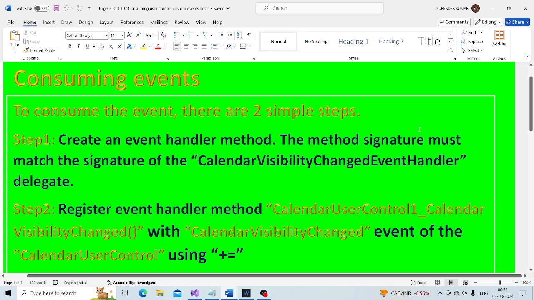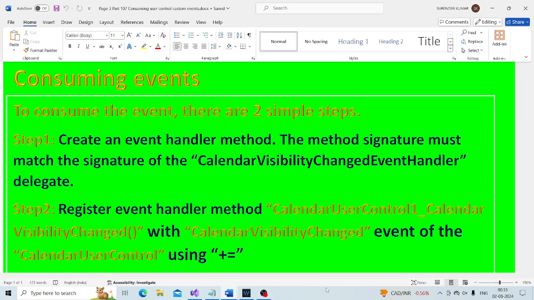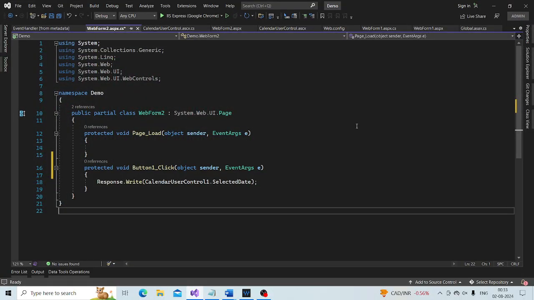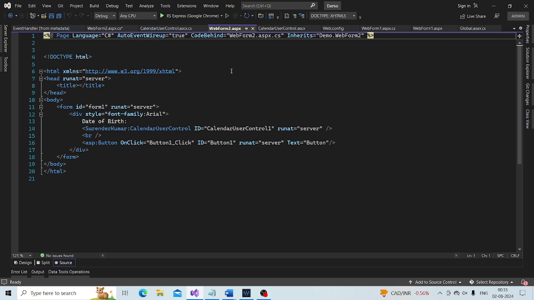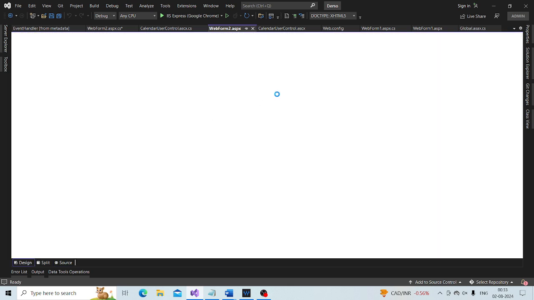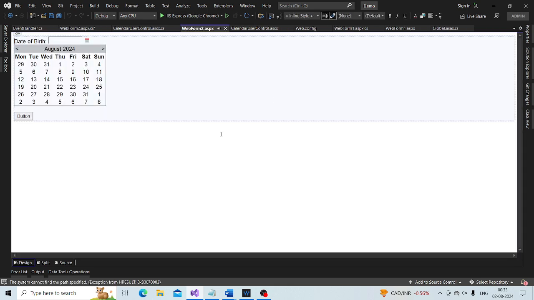Go to Visual Studio, the design part. We have this button control, and this is our calendar user control that we have created in the previous session. So in the code behind file,